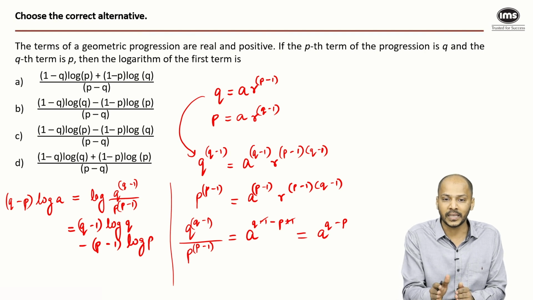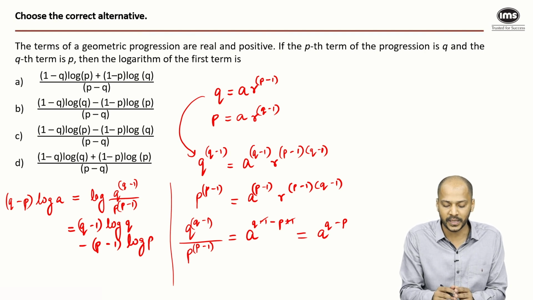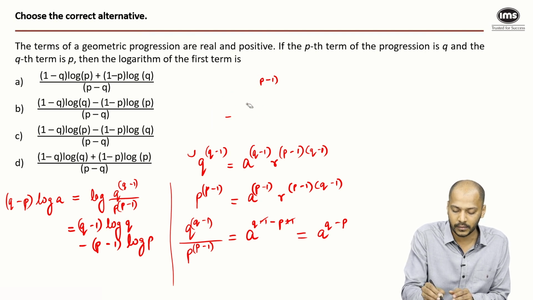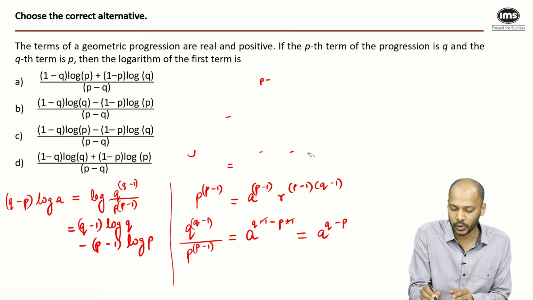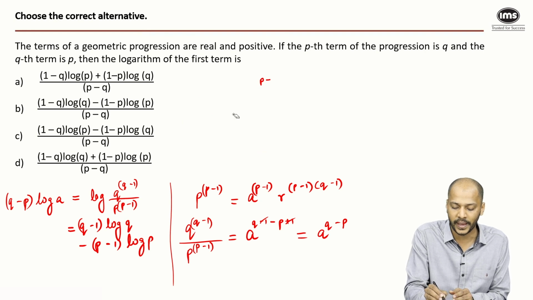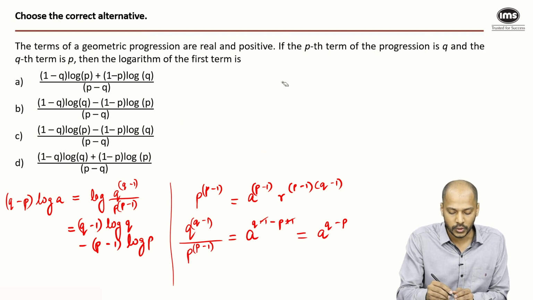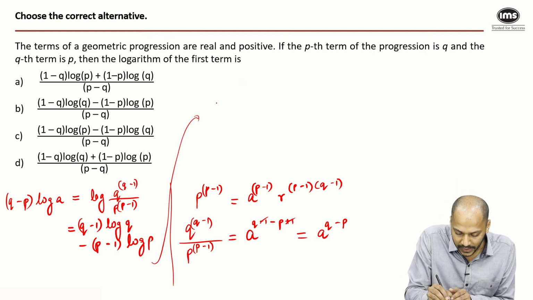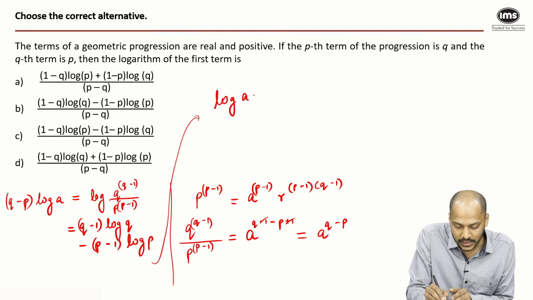I'll just erase the initial working to get more space to complete my solving. So I'm erasing this working, the initial working that we had, and basically make space. So if you've not noted that down, you could just go back and note that down. So continuing from here, what we get is if I keep the log a on the LHS, that gives me